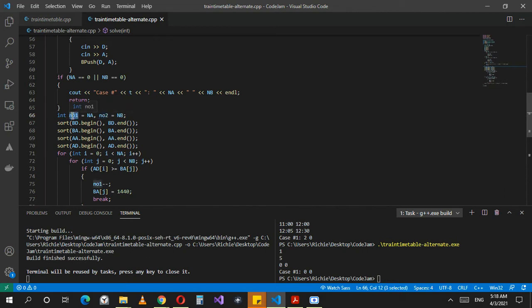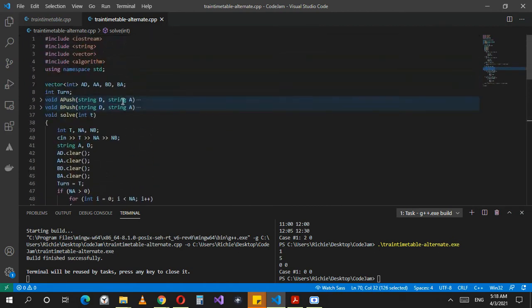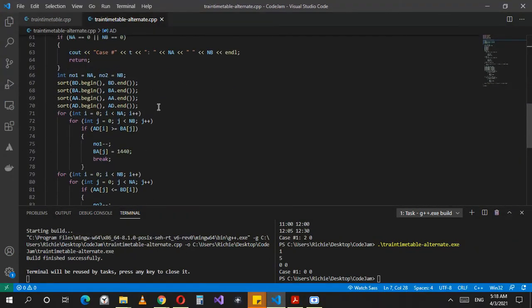It's the number of trains I need from A, and the number of trains I need from B. And I sort all of our integer arrays, integer vectors sorry, in ascending order. So I have the least time in the first spot. I guess it's on the end. No, it's in the beginning, sorry, and the max I have at the end.